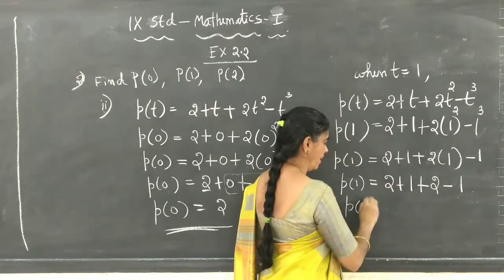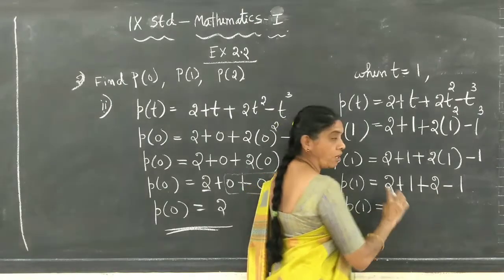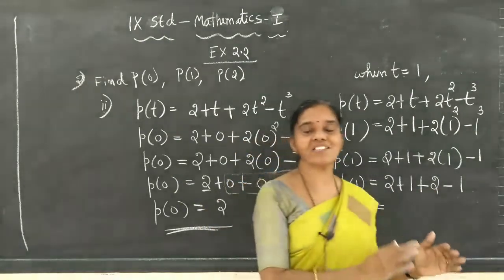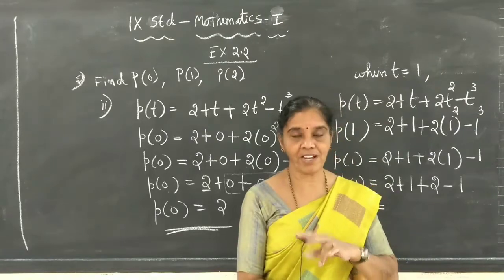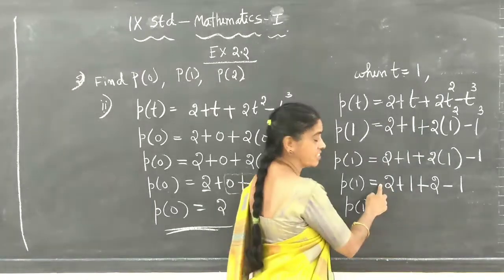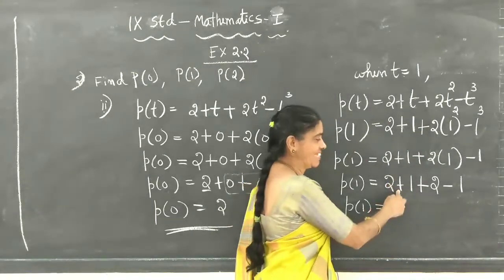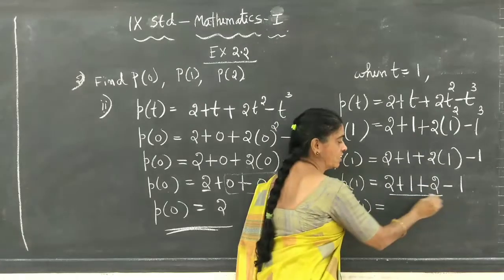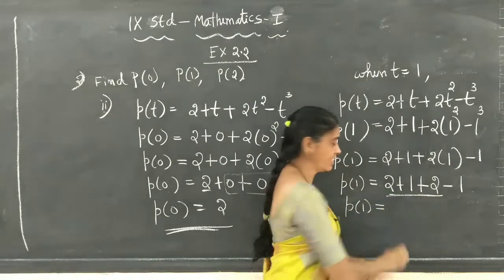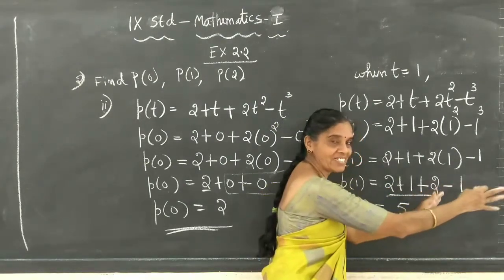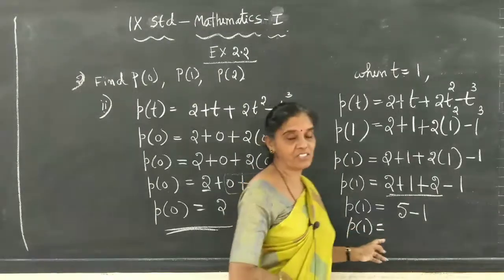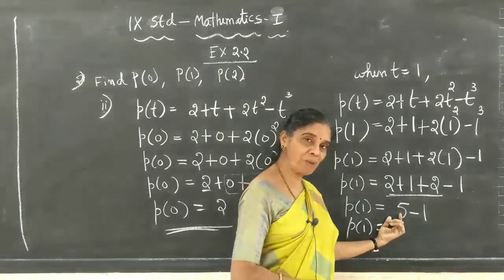Now the value of the polynomial at t equal to 1: if you have plus and minus signs, group all plus signs together, group all minus signs together, then subtract. The bigger number's sign will come in the final answer. Here the signs are positive, 2 plus 1 plus 2, one single group with the plus sign. So add it: 2 plus 1 is 3, 3 plus 2 is 5. Then it is a separate minus sign, so it is minus 1. Now the value of the polynomial at t equal to 1 is, it is plus, it is minus.